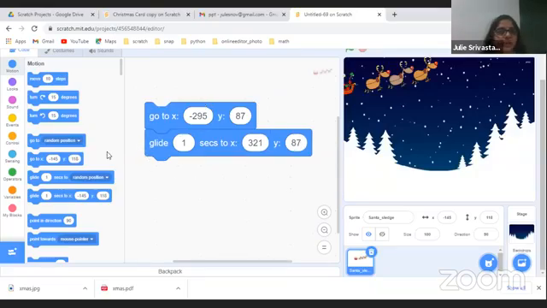So once this is done, because I want this sledge to go forever, I'm going to look for a forever block. That forever block is in the control block. If you see the orange block here, the control one, not the 1st, 2nd, 3rd, 4th, the 5th block.